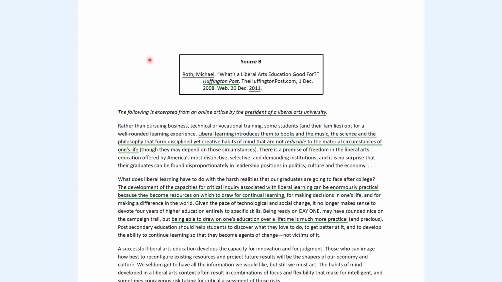One thing I do want to point out that I like to do is for the source information, up here at the top, I like to identify the author of the source, the publication information, and the date as well. And then if there's any additional information about the author in the italicized part, I underlined that as well. And that just helps me better understand right away some elements of authorship and credentials in the text.